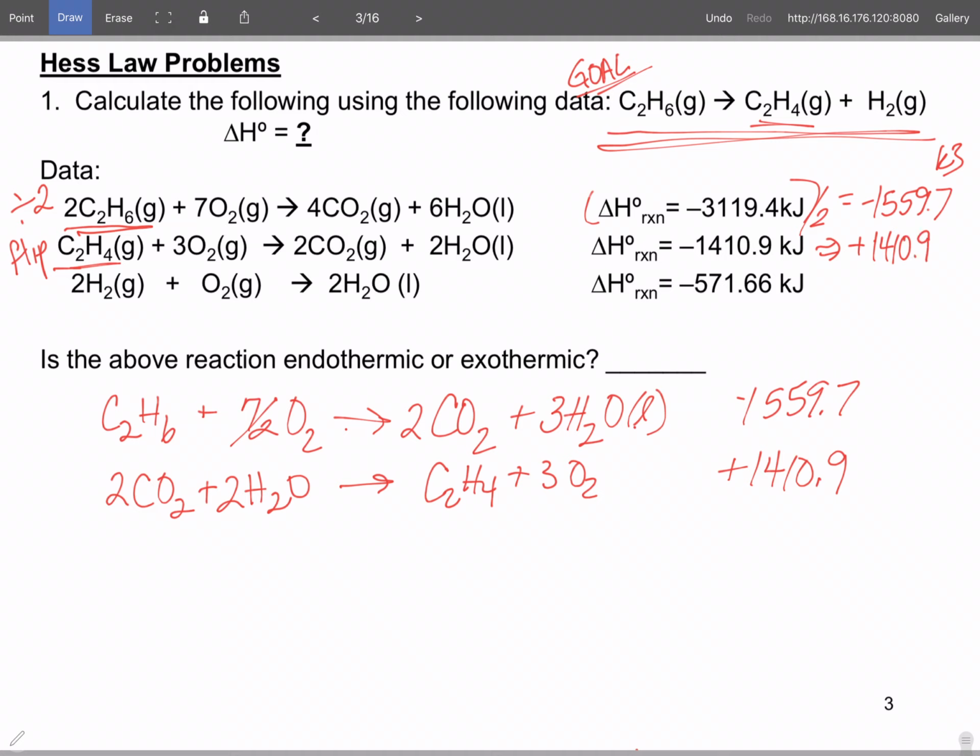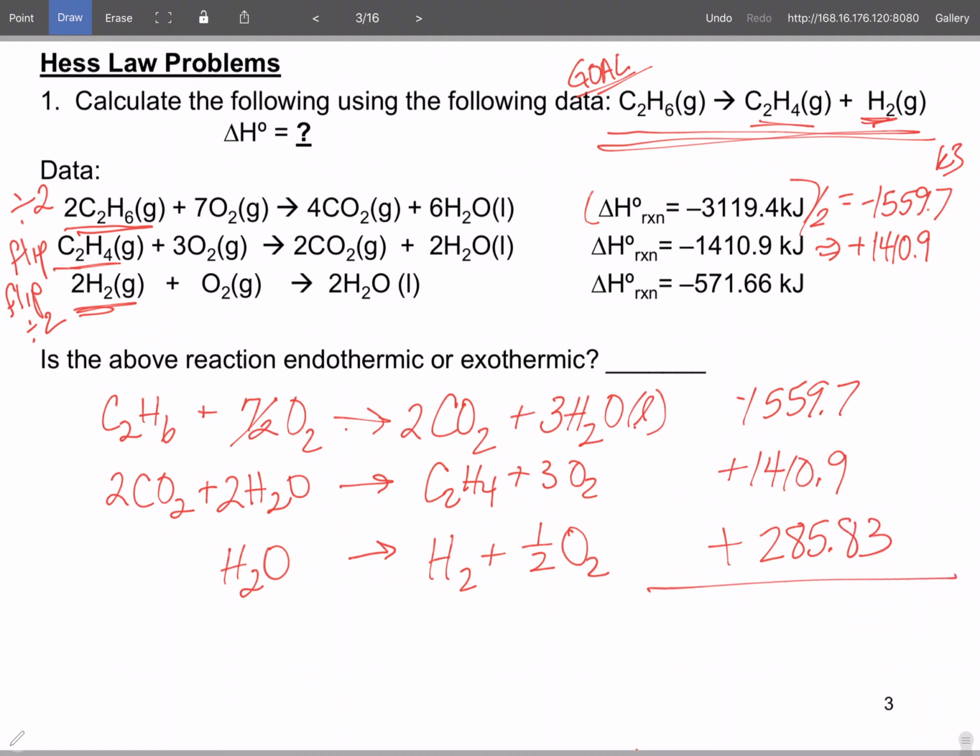Okay? So now we're looking at the last step, and the last step contains hydrogen. Well, in our goal equation, we have hydrogen on the product side, so we're going to have to flip this, and we only have 1 hydrogen, so we're going to have to divide this one by 2 as well. So this equation both gets flipped and divided by 2, so again, I'm going to keep my arrows lined up. So I've got H2O now, and I've got H2 plus 1/2 O2. So we're going to flip it, so it's now going to become positive, and we're going to divide it by 2, so it's